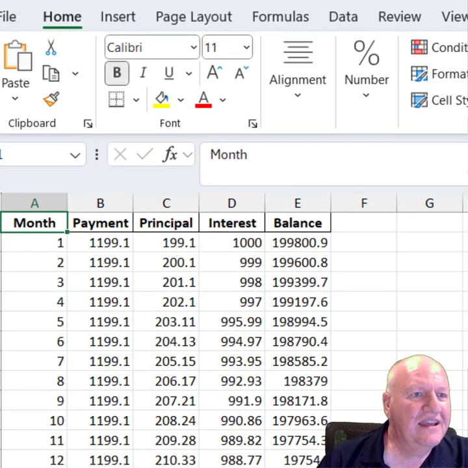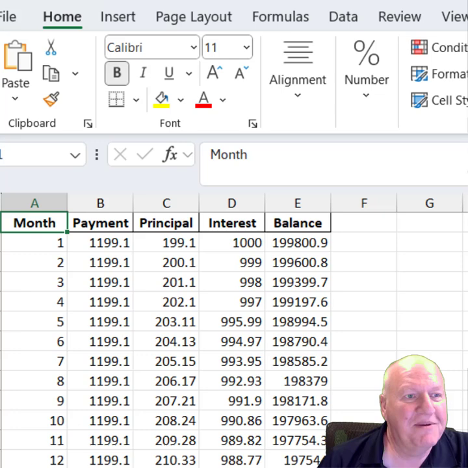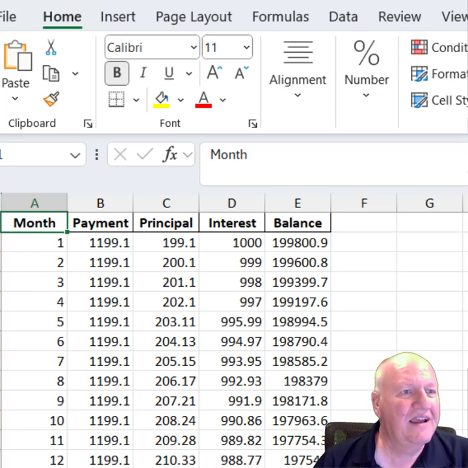And you can see here's the detail, but it is not useful as far as what if I want to make an extra payment, or I can't make a payment a certain month. How would that affect it? Usually I go down to the bottom, I see 360 months, I see it goes to 0, so I know it computed it correctly, and this ends up being a really strong exercise.